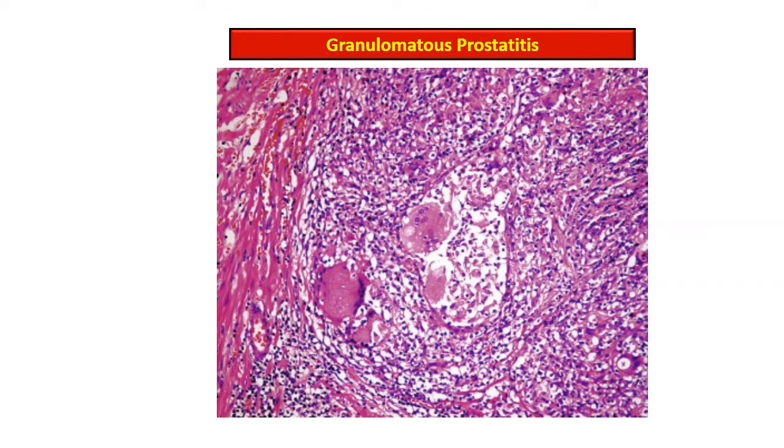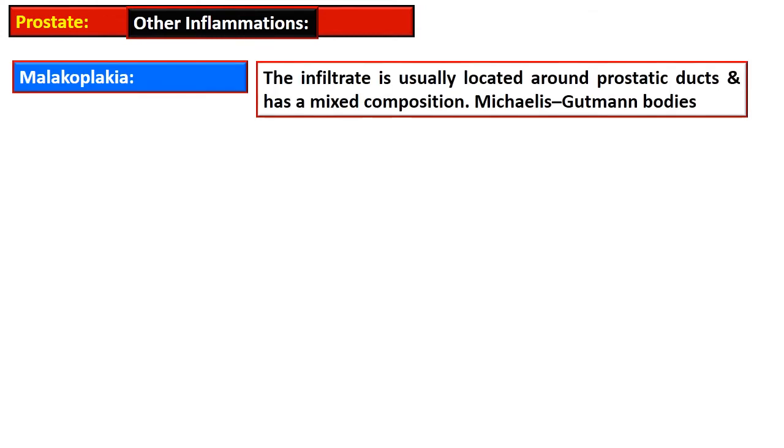The granulomatous variety of the prostate is characterized by presence of caseous necrosis if it is tuberculous, and Langhans type giant cell. There is presence of epithelioid cell accumulation, and these epithelioid cells are confined, they are limited by lymphoplasmacytic infiltrate and surrounding rim of fibroblasts. The other inflammations of this area are, one is the malakoplakia, that is characterized by